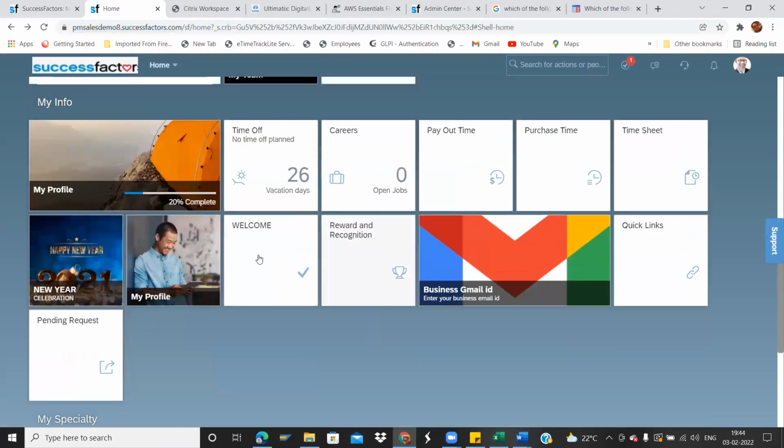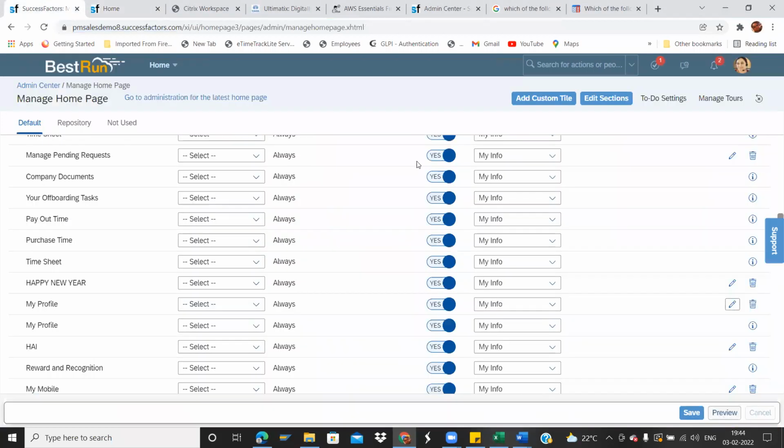As there are two my profile tiles, let me take one more example. For example, the welcome tile. In my info there is a welcome tile. Let me check.